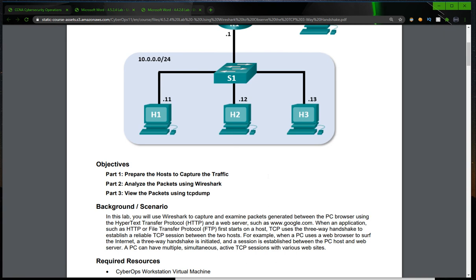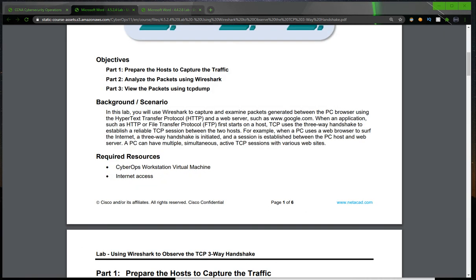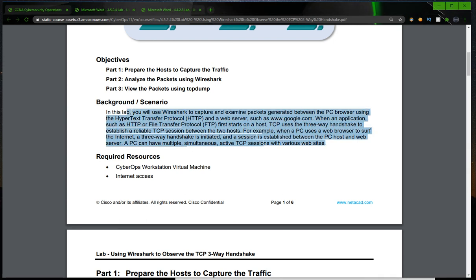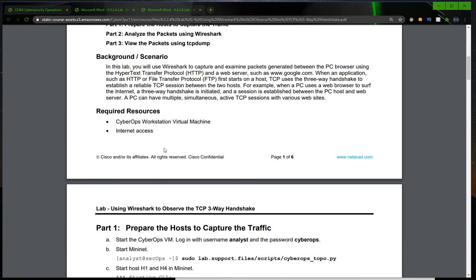Let's understand it with an example. If you search google.com, then between the web server of google.com and your machine, a TCP three-way handshake is initiated, by which the two get connected and can transfer data. The TCP three-way handshake works like this. You can also read the example given here if you want to understand it more, or refer to the chapters given in this CyberOps course.